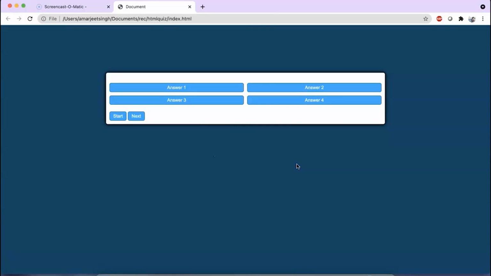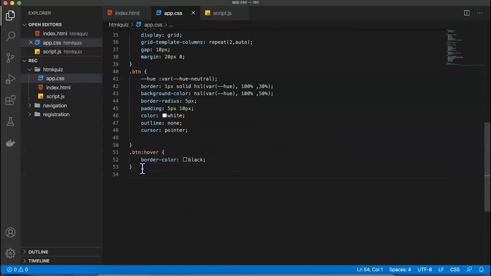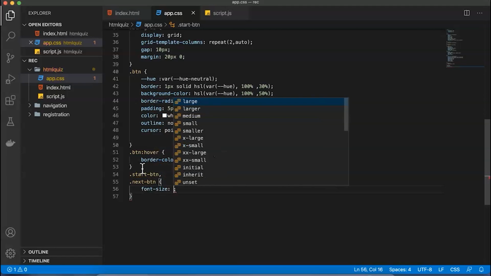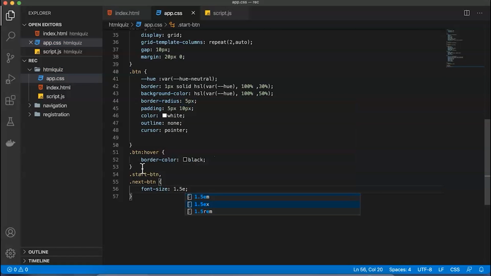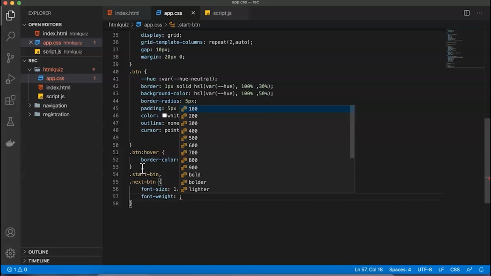Okay, now I also want to change this start button and next button both. So here we want to use .start-btn, and also for .next-btn. Common look and feel for both. Font size 1.5 REM. Next, font weight. Now this font weight we want to give bold,